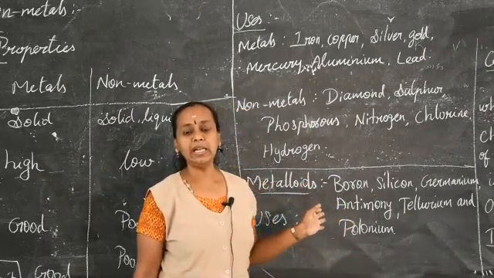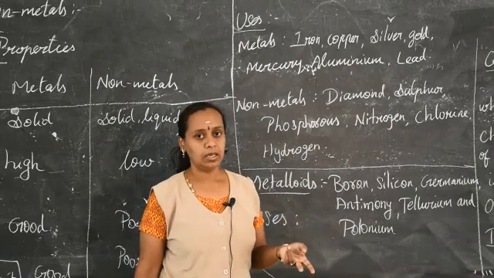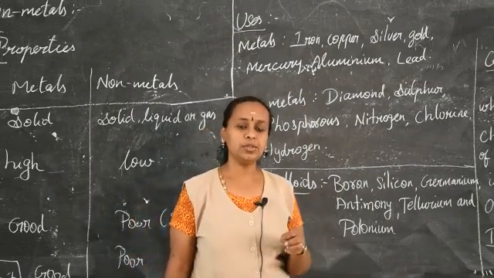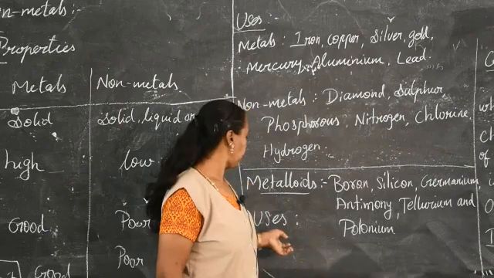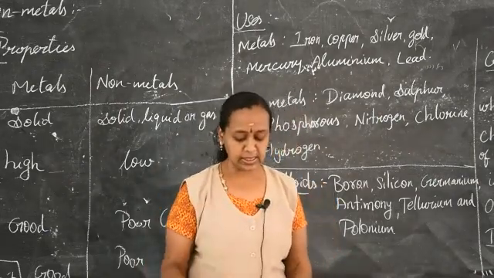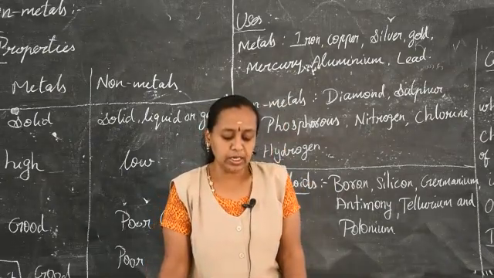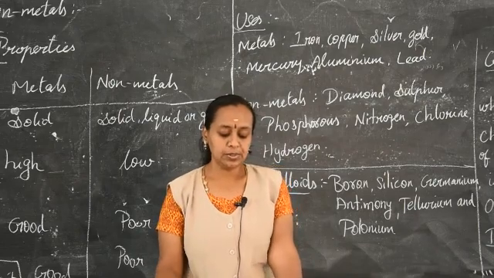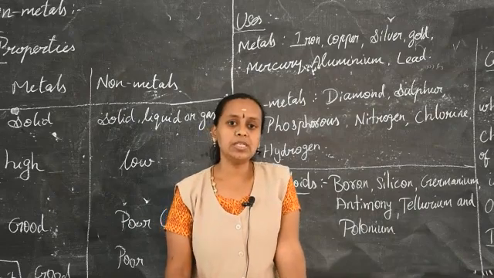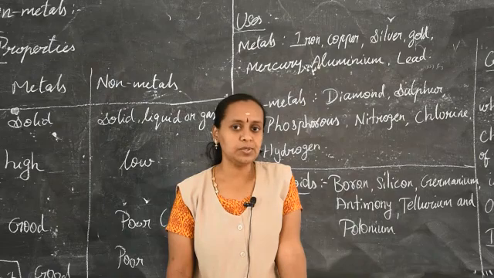It can make an alloy. So stainless steel is an alloy. It is made up of so many metals fused together. What is an alloy? When 2 or 3 metals fuse together, it makes an alloy. Then the next one, let us go to the uses. It is given in your book. Uses of metalloids. Silicon is used in electronic devices. Boron is used in fireworks and as a fuel for ignition in rockets. So these are the uses that are given in your book. We have so many uses.